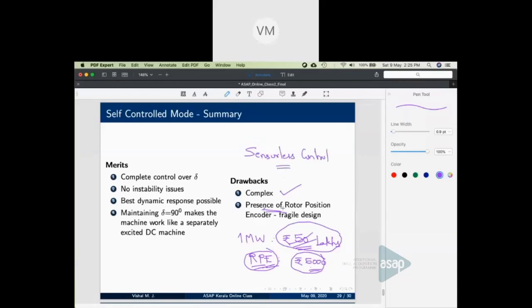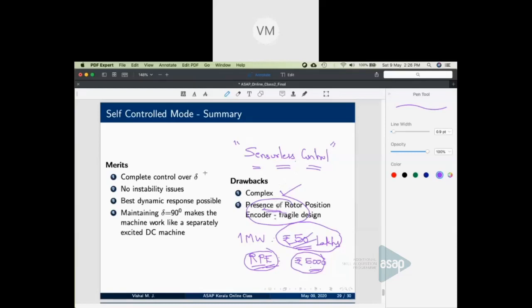You remove the RPE, but if you remove the RPE, how can you get EF? There are several methods of predicting the value of EF. Several researchers have put forth their own theories and flowcharts to predict the value of EF. So this drawback can be overcome in sensorless control, but then you lose something. Here they are predicting it, so there is some chance of error. Here there is no chance of error, you are actually getting your EF. So it's a trade-off between these two.